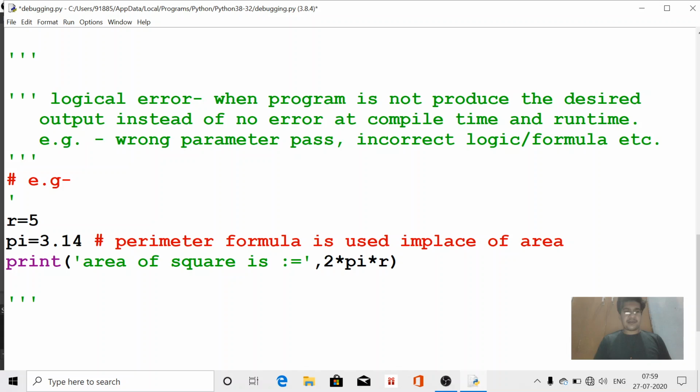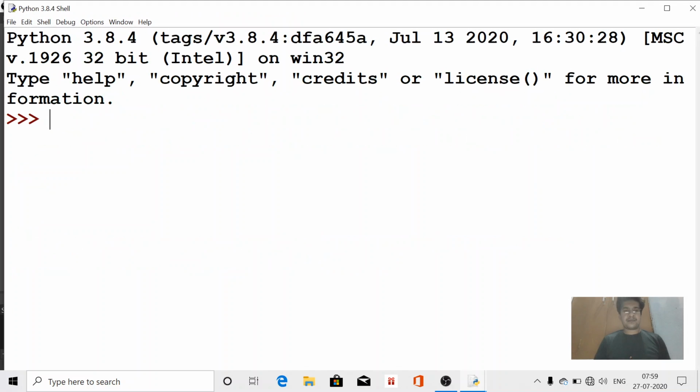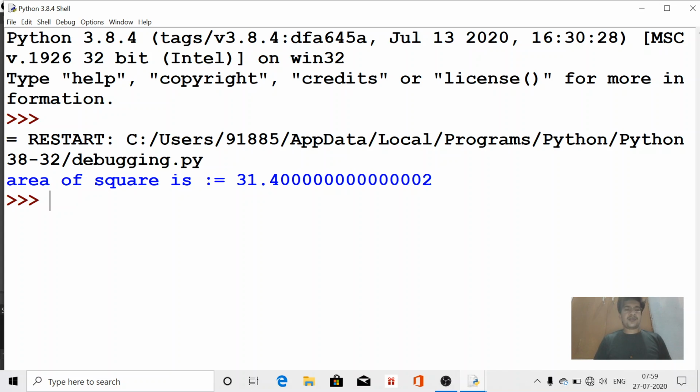Here we take the radius and we have input the value of pi, and now we are going to find the area of the circle, and we have used 2 pi r, 2 multiplied by pi multiplied by r. Now we run this program. See, there is no error and the output is also produced. Then what will the result be?